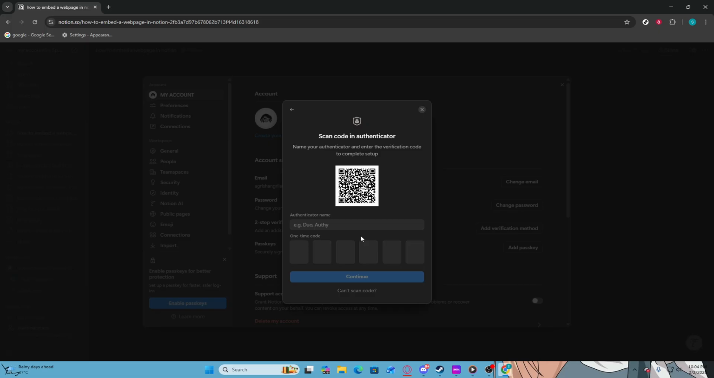Once scanned, click on Name Your Authenticator and enter the verification code to complete setup. You will need to provide a name for your Authenticator entry and then enter the code generated by the app to finalize the setup process. After entering the code, click on Continue. This action will confirm the setup of your two-step verification. You may also need to repeat the verification process to add another method, so be prepared to follow similar steps